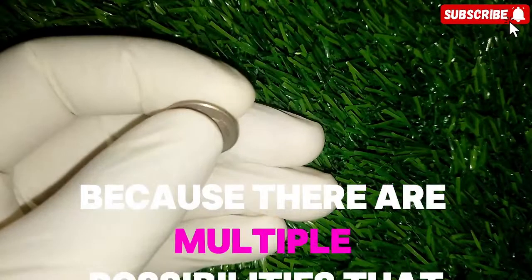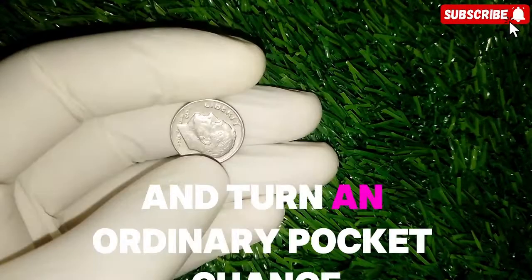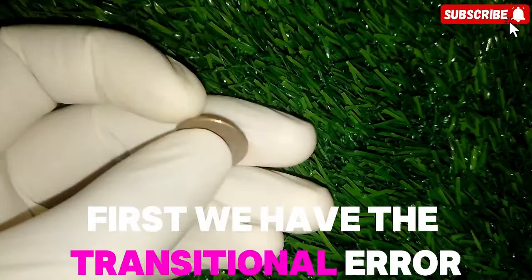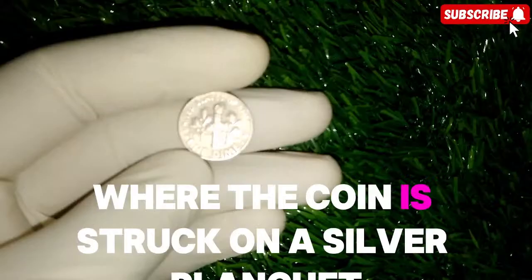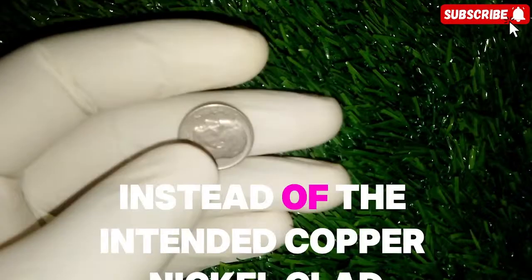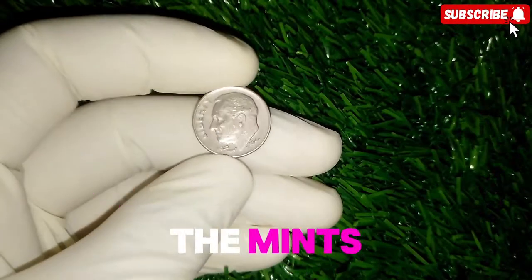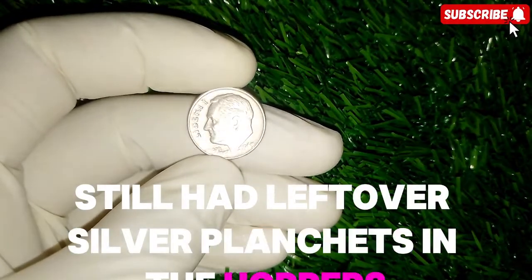Now let us talk about the specific kinds of errors that make a 1965 dime so special, because there are multiple possibilities that can turn an ordinary pocket change find into a once-in-a-lifetime treasure. First, we have the transitional error, where the coin is struck on a silver planchet instead of the intended copper-nickel clad. This happens because during the transition period the mint still had leftover silver planchets in the hoppers, and occasionally